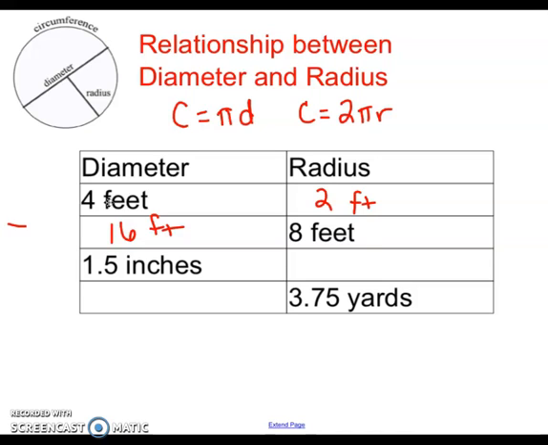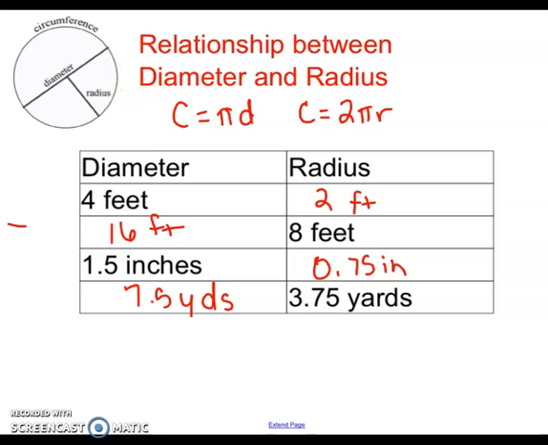So if we have a diameter that's 1 5/10 inches and we need to find the radius, we have to cut it in half. So if we divide 1 5/10 by 2, you will get the radius to be 75/100 inches. Okay? And then remember, 2 radii make up the diameter. So if we take 3 75/100 and we double that to get the diameter, we would get the diameter to be 7.5 yards. Okay? So knowing whether you're given the diameter or the radius is very helpful when using the